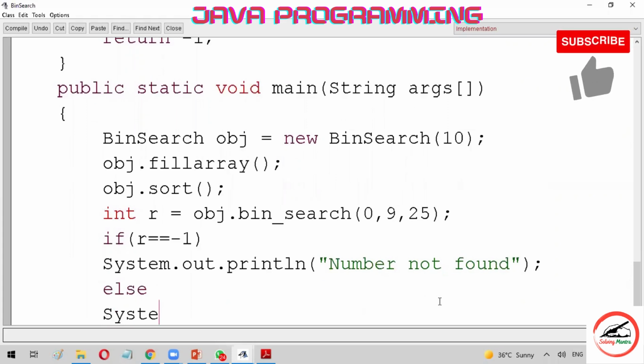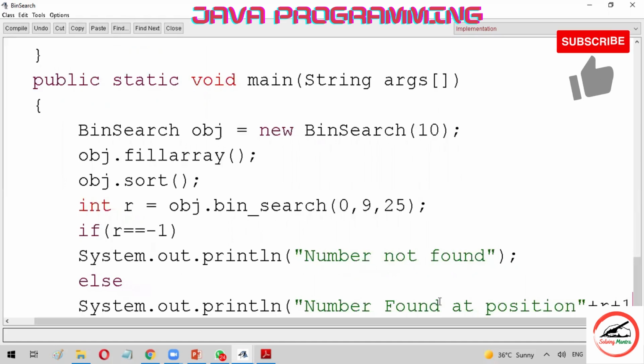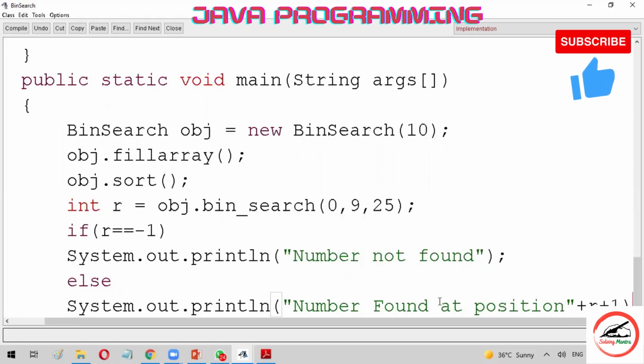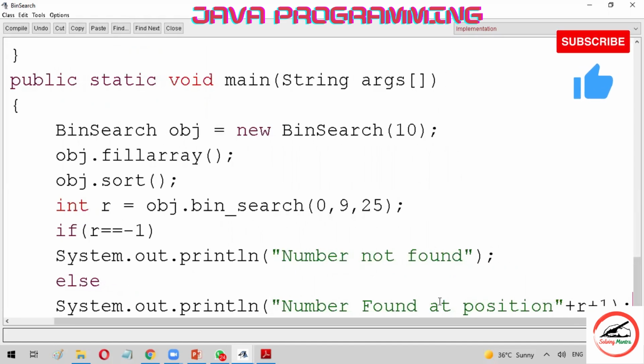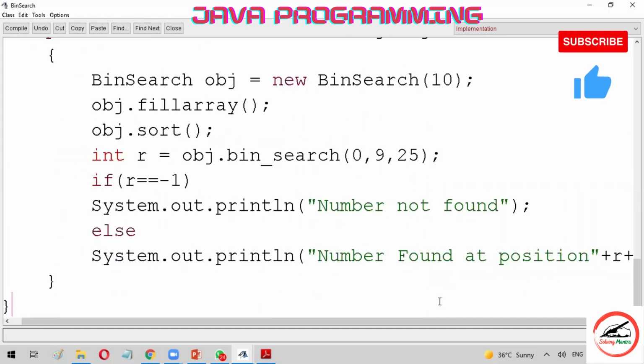Otherwise, you will simply print System.out.println, number found at position, and you will apply r that we had received, +1, because it is the index. Index always starts from 0. That's why you will apply r+1. Now close the main method and close the class.